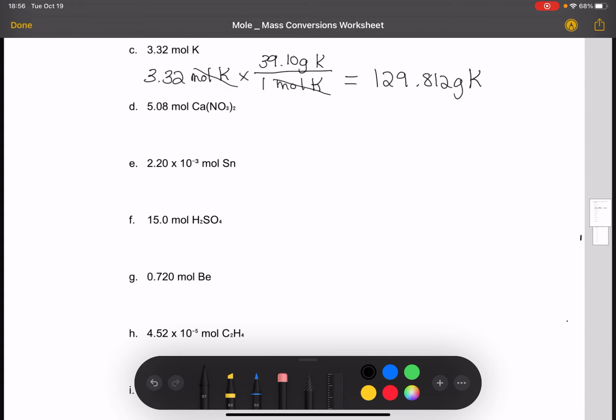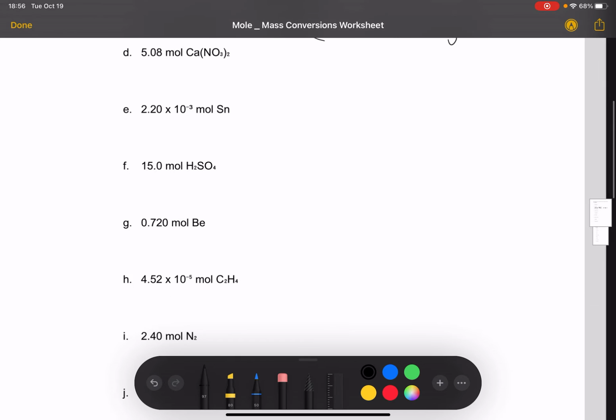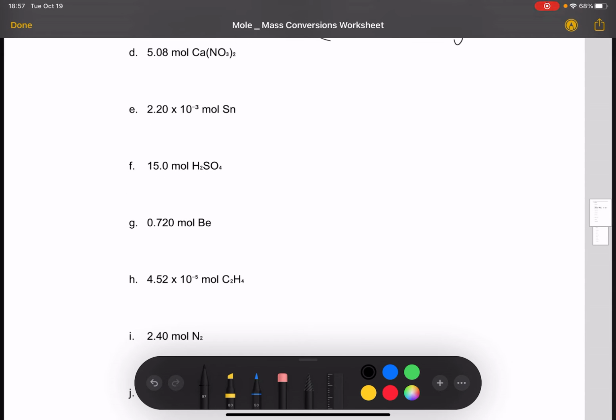This one's a little bit trickier. We are given 5.08 moles of calcium nitrate. Calcium nitrate is the common name for that. What we're going to do is first calculate the molar mass of calcium nitrate. First we need to look up the atomic mass of calcium. The atomic mass of calcium is 40.08. Since we're using it as molar mass, we are going to say